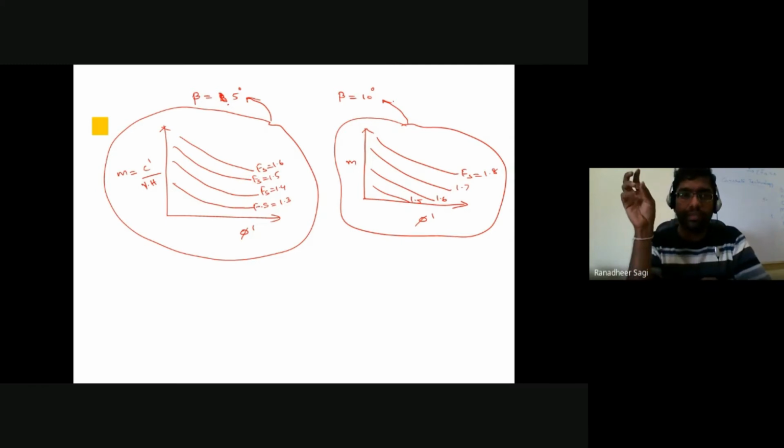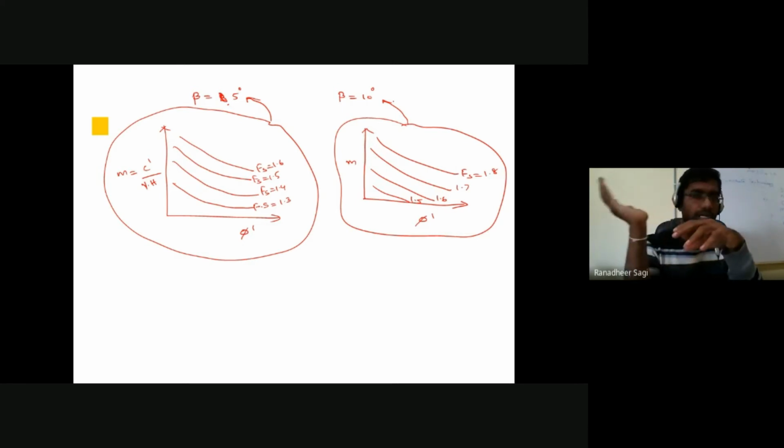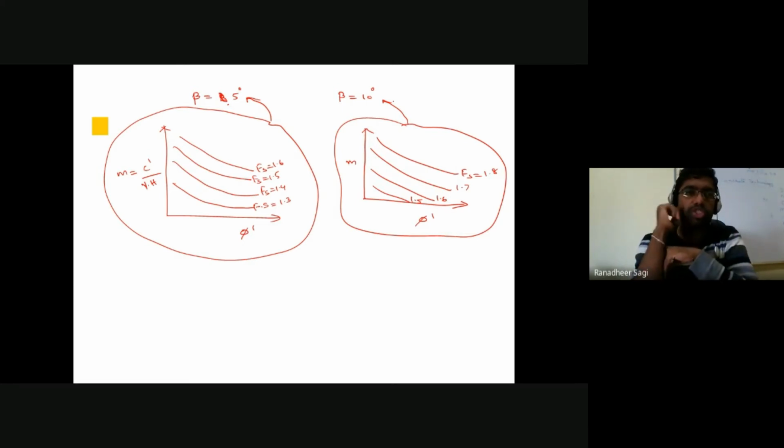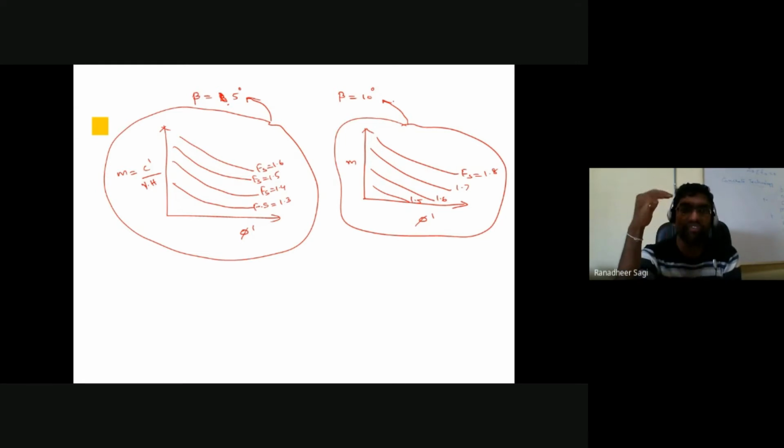So if I want to provide the slope angle to be 5 degrees, where the C dash, phi dash parameters of the soil are known to me, and the unit weight, that is, the geotechnical properties of the soil, are known, and the geometry, in the sense the beta angle, the slope angle, is known to me. Then in such a case, how do I go on to understand what can be the height of that particular finite slope that I can construct for different factors of safety that I want to maintain?